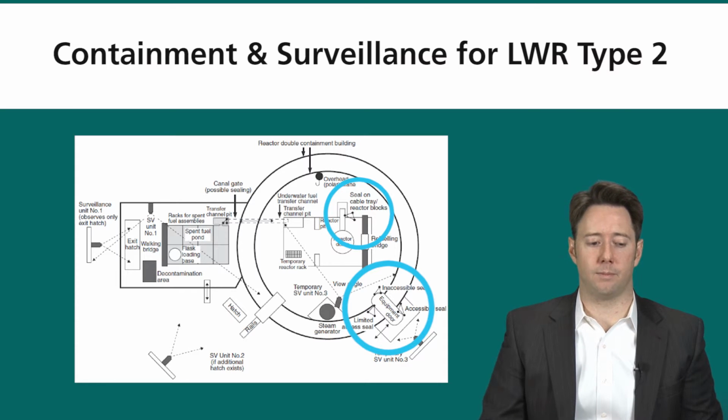So there are several seals there to make sure that door is not opened unless it's declared properly. We can place another seal here on the spent fuel canal, and that's to make sure that no spent fuel can transfer between the reactor and reactor pool to the spent fuel pool without it being properly declared. So then let's take a look at the surveillance measures.